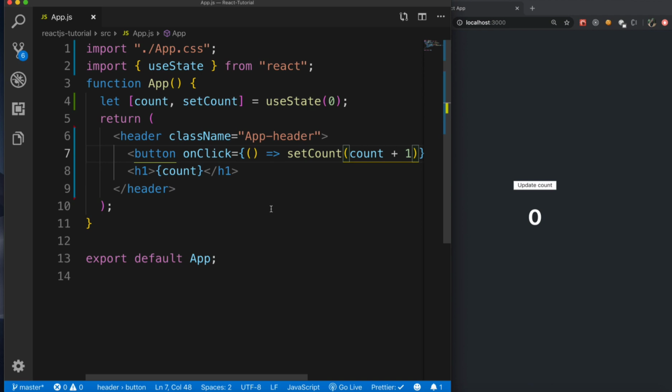Now let's quickly understand the flow once. First, when your component is rendered for the first time, there is a state variable which is count and it holds the value 0. And that's why this count is going to display 0 over here. Every time we click on the button, we are actually updating the state, right? Using the setCount function. So setCount is incrementing a value. Anytime there is a change in the state, that is when count goes from 0 to 1, your component is re-rendered. And when it is re-rendered, this time the value of count is 1. That's why we are able to see 1 here. So every time there is a state update, your component gets re-rendered, and that's how we are able to see the latest value.